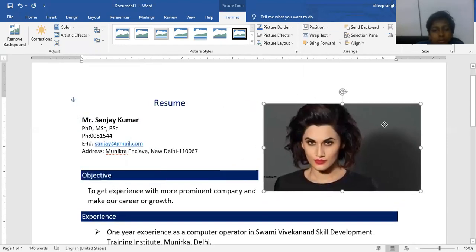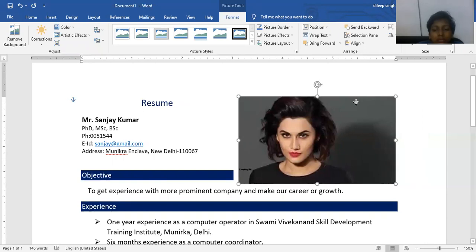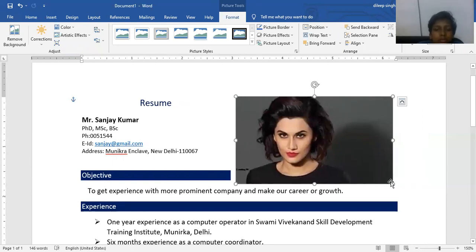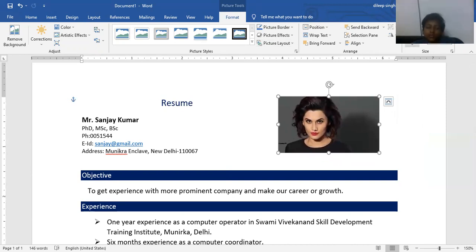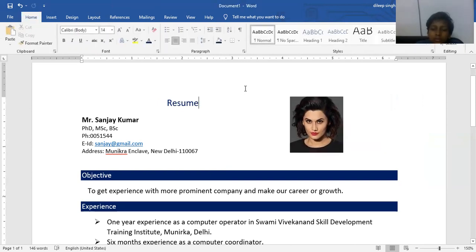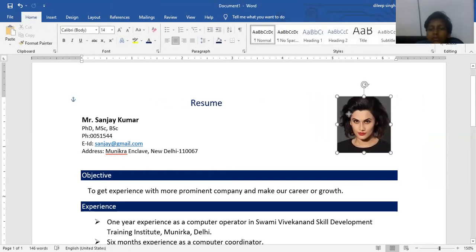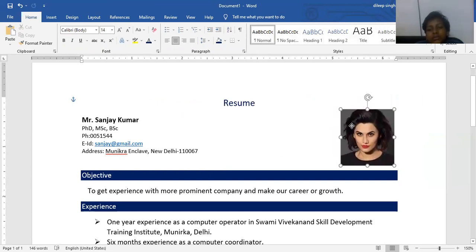After moving it in this manner, if you want to crop this image, place your cursor on the crop option, click here, and crop your photograph like this. Then place your cursor outside, and it is set in your content.